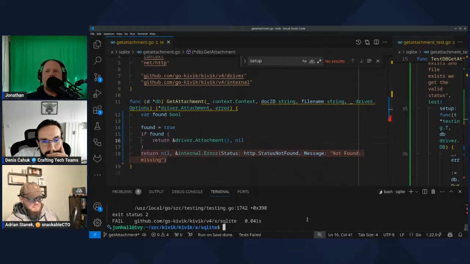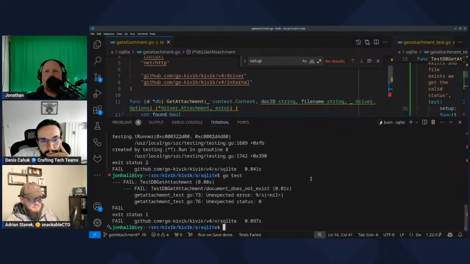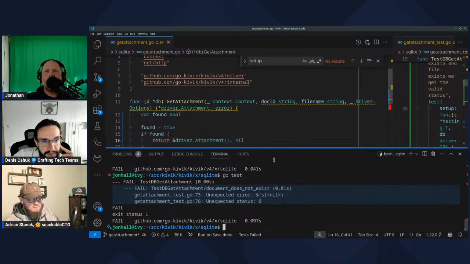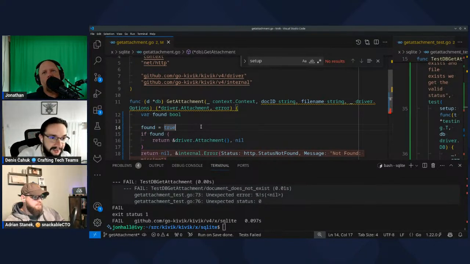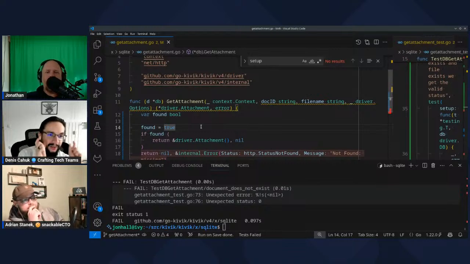Okay, run it. It fails. Why? This is the previous case that's failing now because we hard-coded that false. Or the true. Right. So we have done the dummy implementation to make this test fail. But because we also have a preceding test, we now have a flip-flop. If this was our first test, we would be stuck again, right?